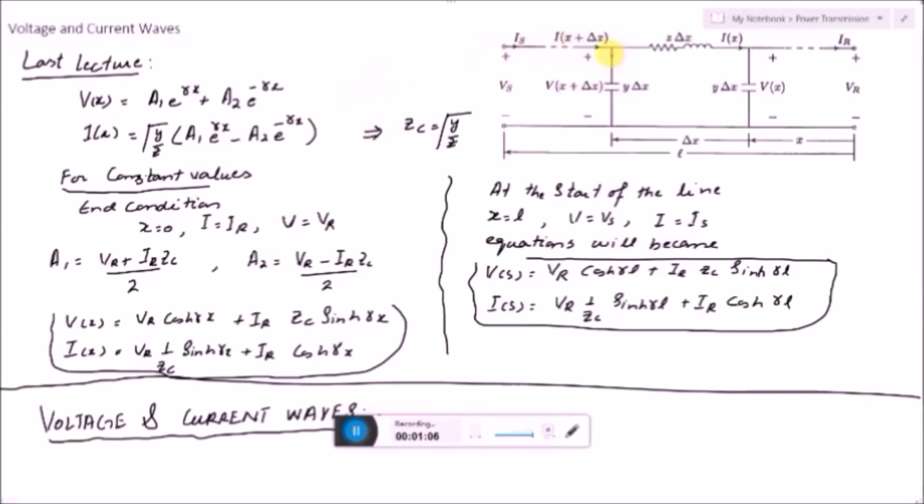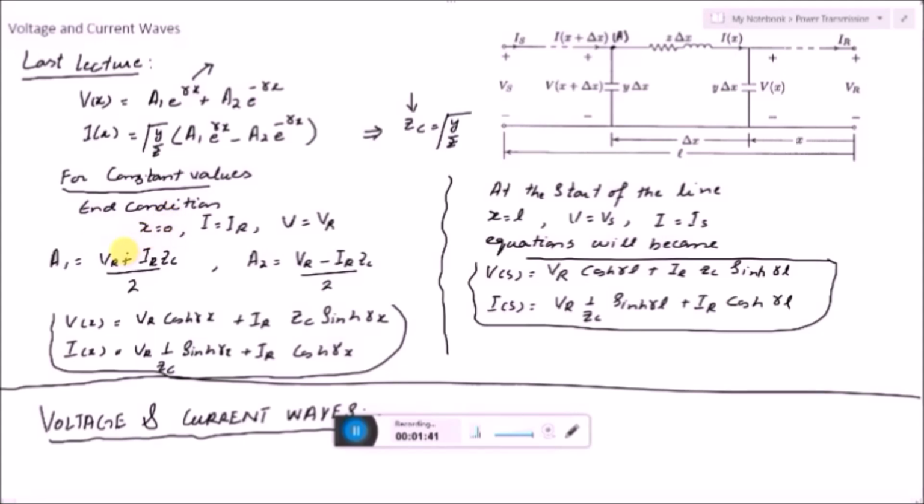So we have applied the KVL and KCL at this node, and for example that was node A, and we found the voltage and current equations in terms of constants A1 and A2, and also the exponential terms e raised to gamma x, where gamma was the propagation constant, and we then termed the value under root y by z equal to characteristic impedance. After that we applied the end condition, and at the load end x is equal to 0,